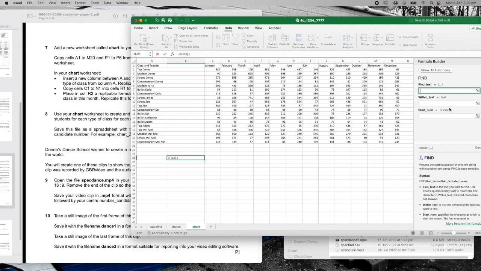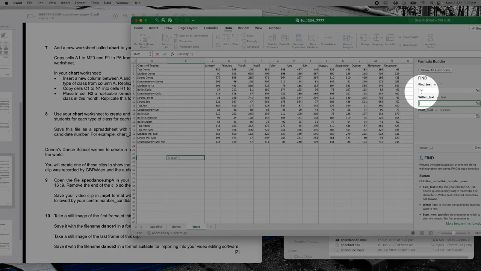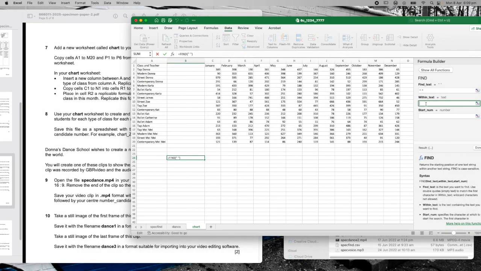So if you find a space, within which text? Oh, look, you can see there, it drew the two inverted commas with a space in between. Within which text? Well, the text I want to do it in is this one, A2. So find a space within A2, to start number. Now, start number,